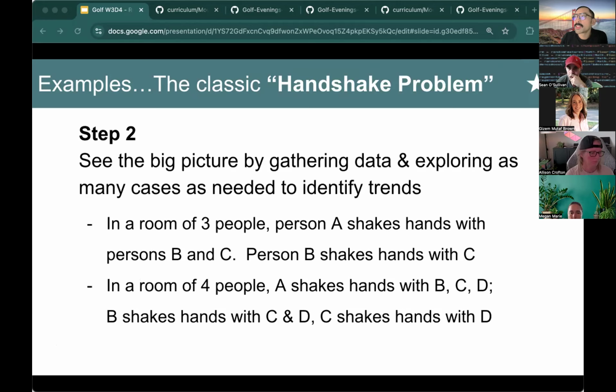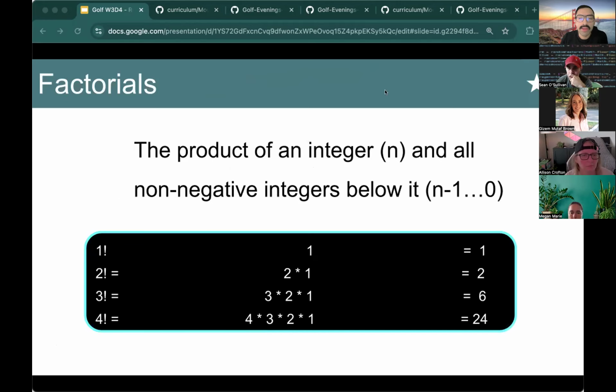Okay, that looks like a duplicate slide. Okay, factorials. You all did factorials. Yeah, that's one of the challenges. So